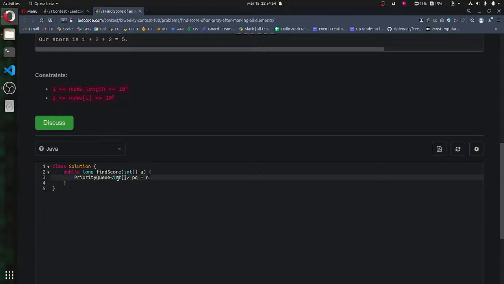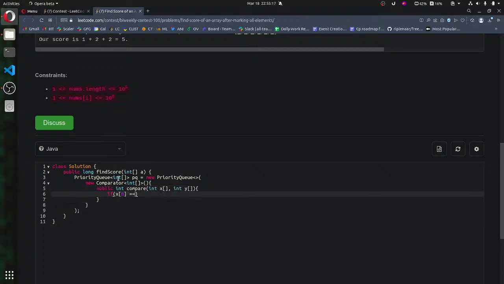Let's say pq, new PriorityQueue, new Comparator of type integer array, and so public int compare(int x, int y) will become, okay,